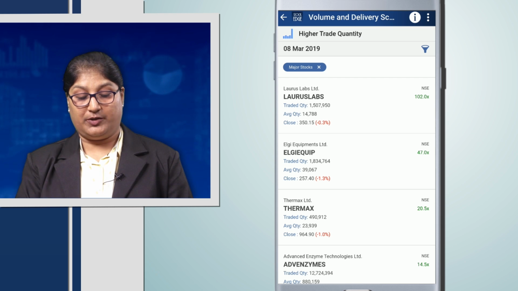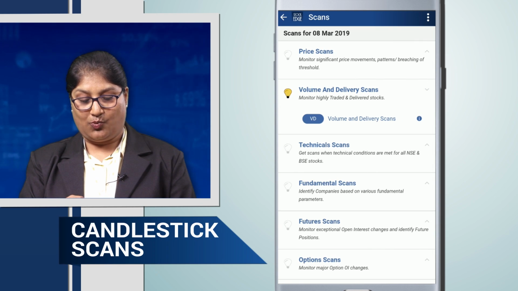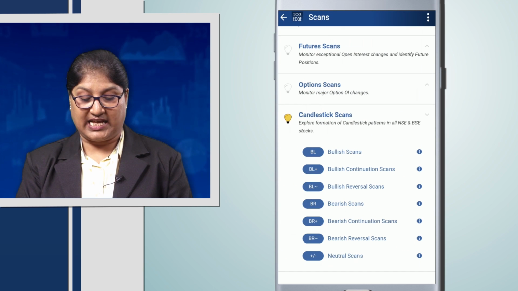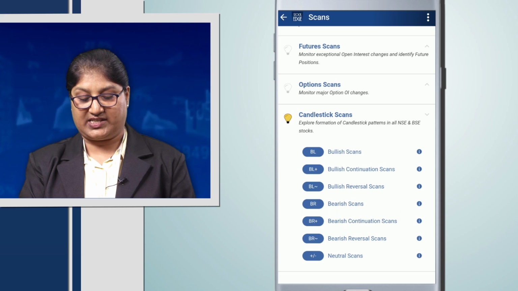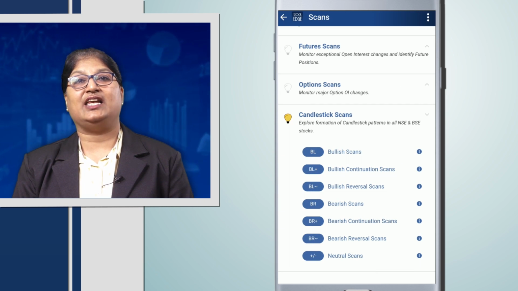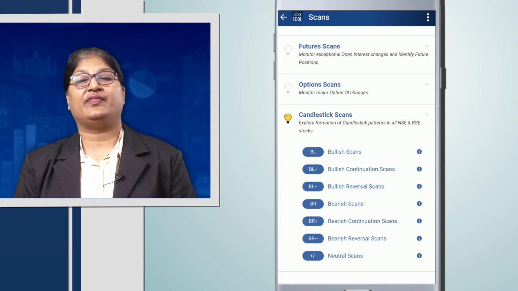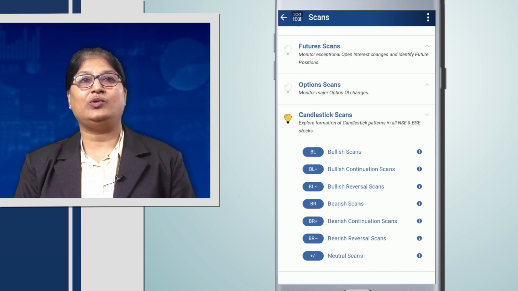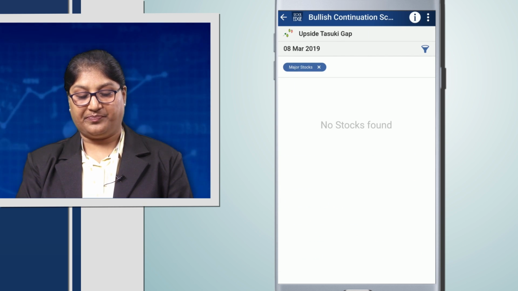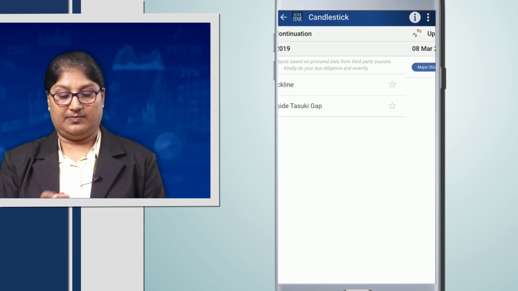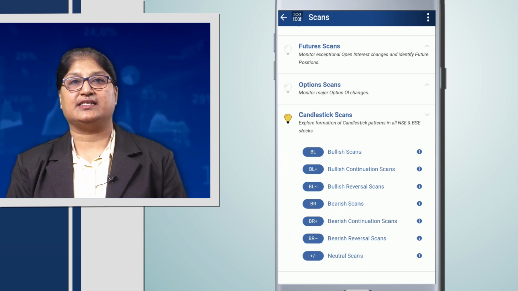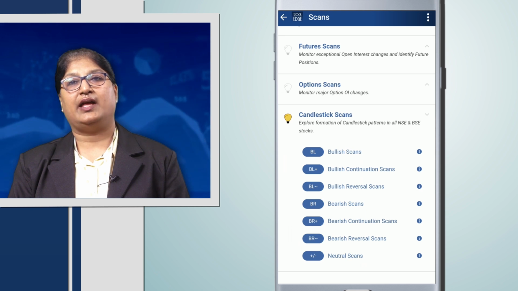So the seventh strategy would be the candlestick scans. So what do these candlestick scans tell us? You know, if the stocks are having a bullish scan or a bullish reversal or a bearish scan, or some stocks are neutral. So it will tell you, those who can understand the technicals can see this and carry out their own trade with the stocks which are showing in the scan, right? So you will be able to see this on a daily basis, and accordingly you can check and trade